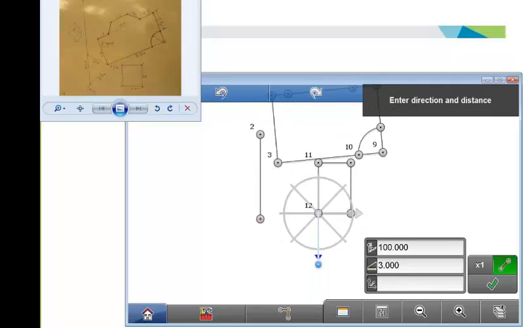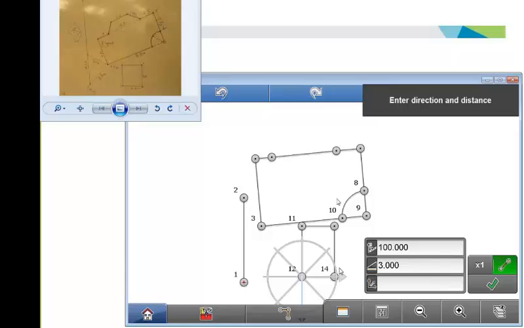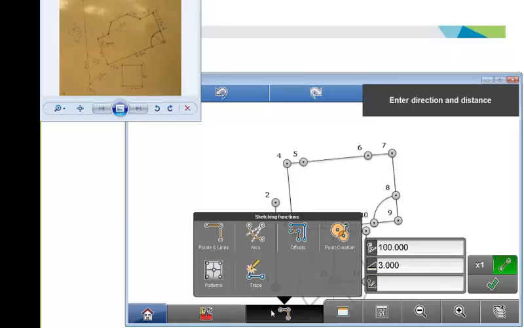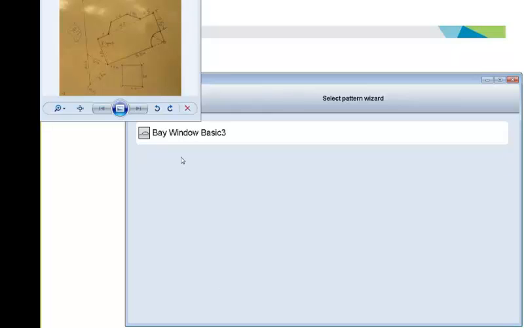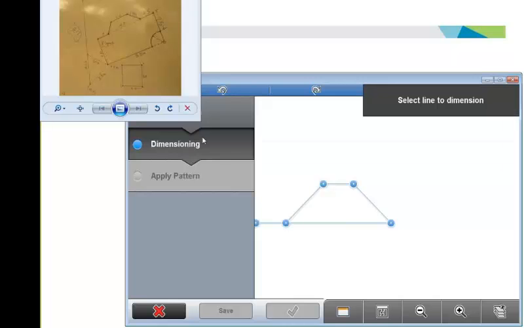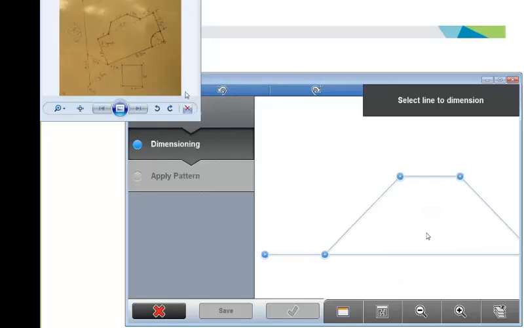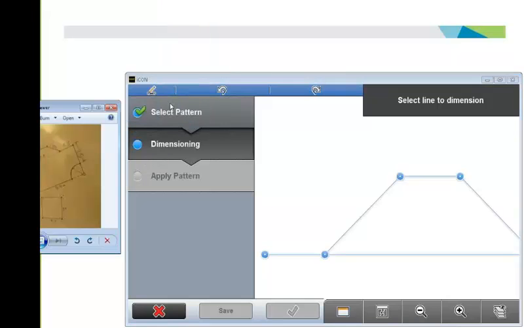Now we're almost done with this sketch. I'll just finish it off by showing you the bay window. So that's in pattern. Under bay window, there's only one to choose from at the moment. Got a little wizard here, so I'll just quickly move that out of the way. Got a wizard that we can run through, so it tells you step by step what you need to do in order to get the bay window onto your drawing. So select pattern,